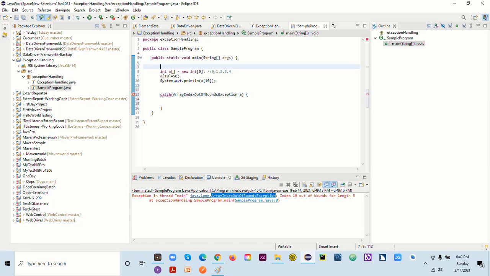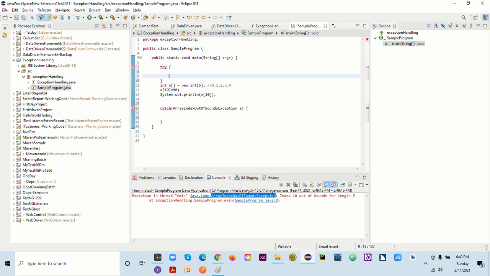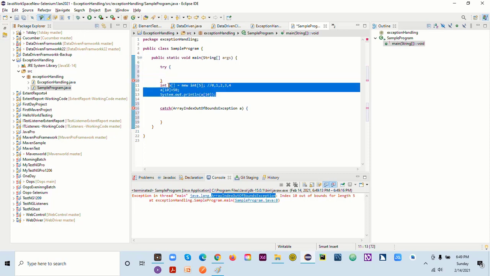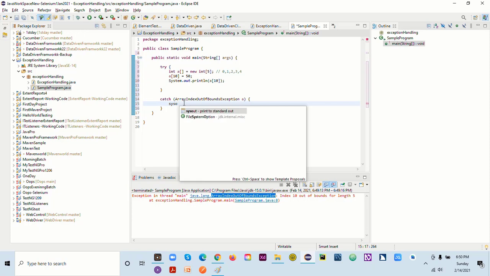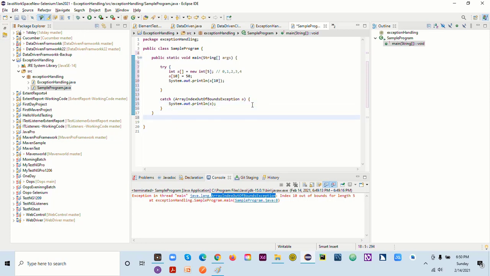And if I have this one, I can say try. All right, I can put all this there. Okay, and if I say here System.out.println, to print the exception, what exception is coming. And here, I'll have another System.out.println saying end of main method.